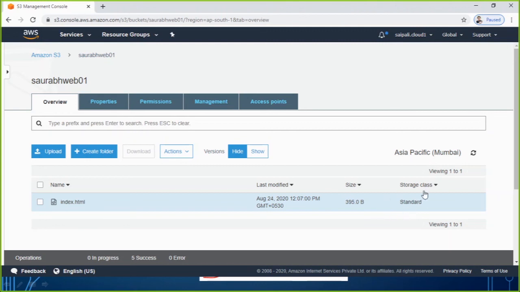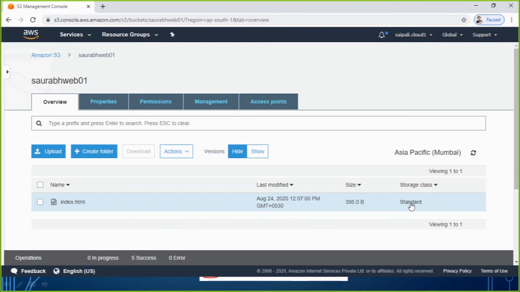So once this data goes to Glacier, it will cost me less for storing, it will only cost when I retrieve the data. But if I have it right now in Standard, it is in a condition of frequent access, so it will be chargeable more to store the data, and it will be available all the time. Whenever I click, it will be accessible. If I put it in Glacier, it may take some retrieval time to be accessed, and it will give me a cost whenever I retrieve. The cost will be on per GB retrieval.